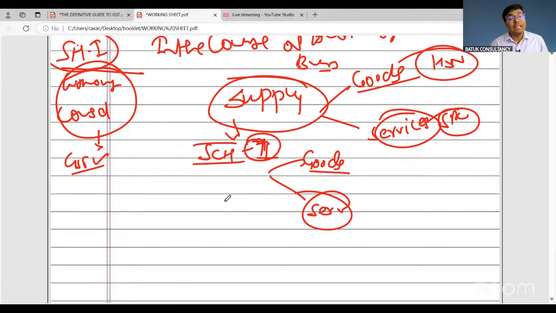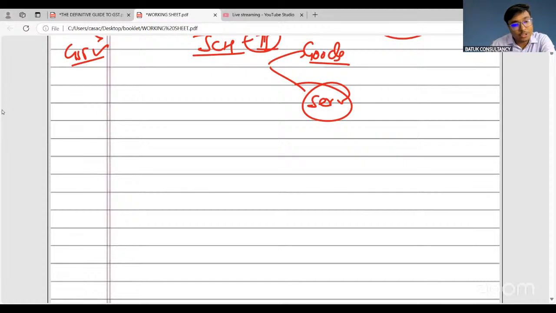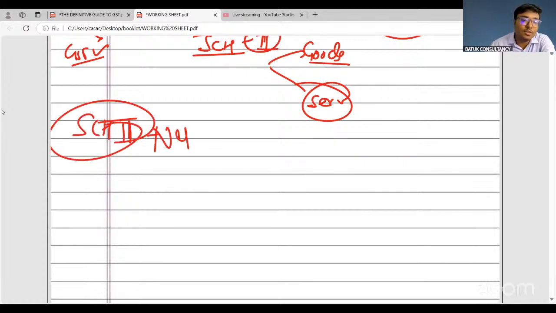For that purpose, they have given a specific list which will be treated as neither supply of goods nor supply of services. For this, they have given a schedule, that is schedule number 3. In that schedule number 3, they have specified the list of goods or services that is neither supply of goods